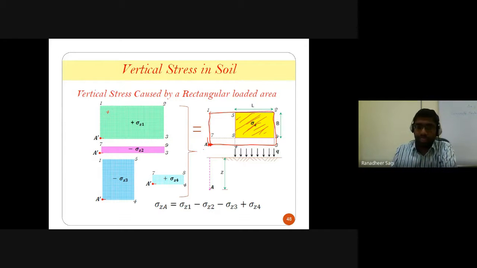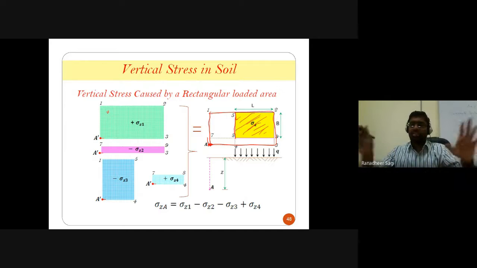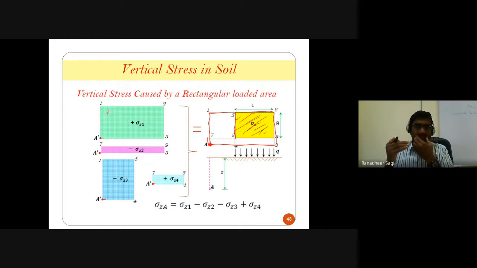Now, what I should be doing is eliminating the extra area, whatever I have considered. How should I eliminate that area? In the process, I have to understand a few more things. I am going to divide this particular area into some rectangles again, but however you want to divide it is up to you. Ultimately, in calculating your stress at that depth of Z meters corresponding to point A, you should consider only the effect of the original loaded region.